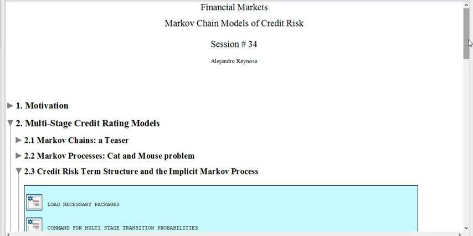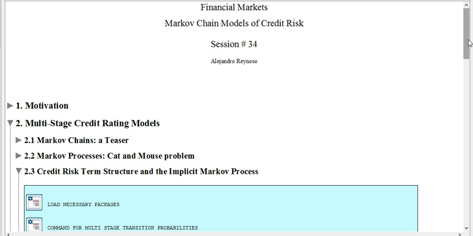But the fact of the matter is that it usually is a multi-stage process. We can go from high-quality credit ratings to mid of the table credit ratings to junk to default. And the process takes time, usually, and there is a degradation of the quality or an upgrading of the quality